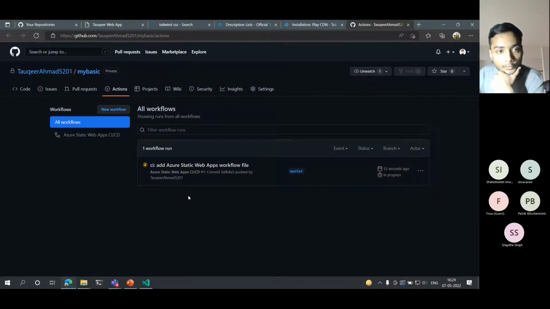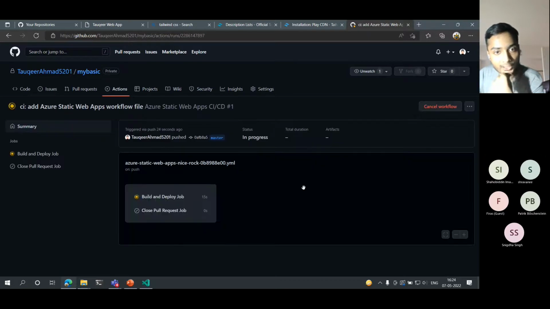If you are not aware of DevOps or CI/CD, this is that thing. If I click over here, it will tell you that it has created a basic web app, and it is building content to be published over the internet using GitHub and deploying jobs. There's certain code written in the backend that helps GitHub publish it over the internet and make it available to the Azure server.